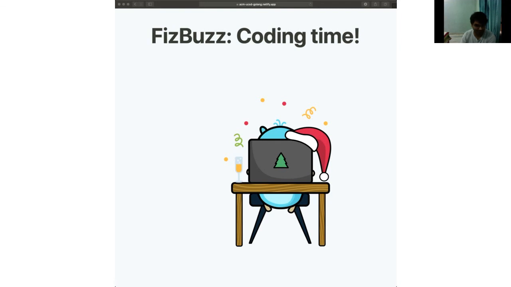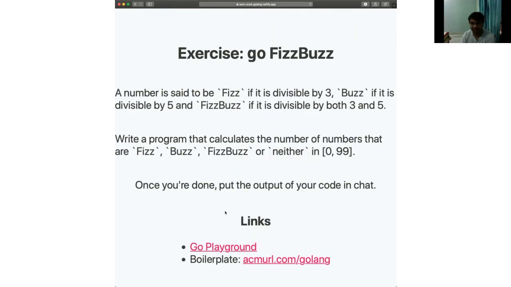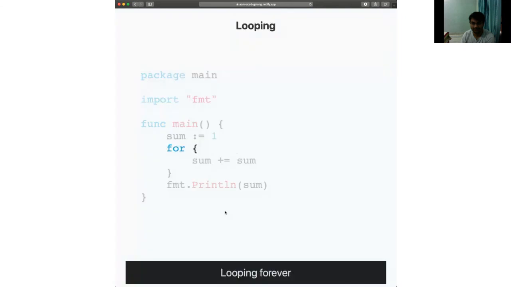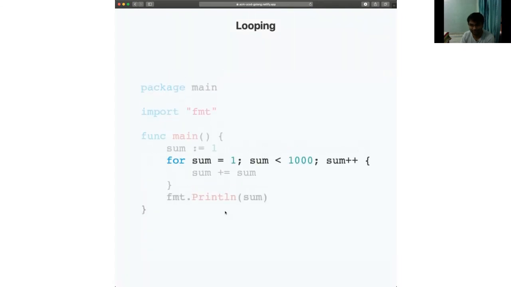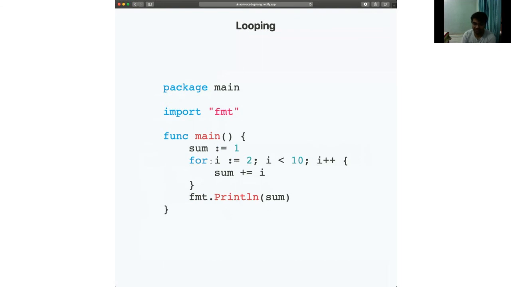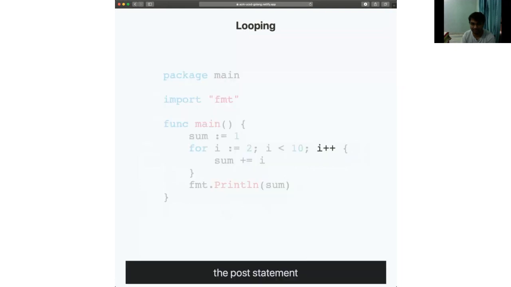Right, Ronak, sure. A for loop is written like this. You start with an init statement, a condition, and a post statement.